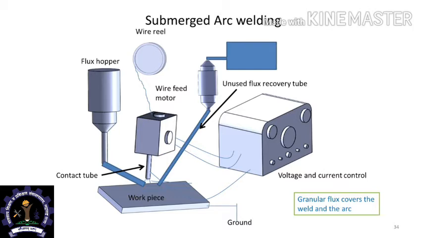This particular process is meant for lower traverse rates and higher deposition thicknesses, and the advantage is that large thicknesses can be welded in one single pass. The disadvantage is that the amount of heat input is large, and very often you would have coarse grain size and lack of impact toughness of the parts that are joined using this process. However, it is a process of choice for creating surface layers on other pieces of different materials.